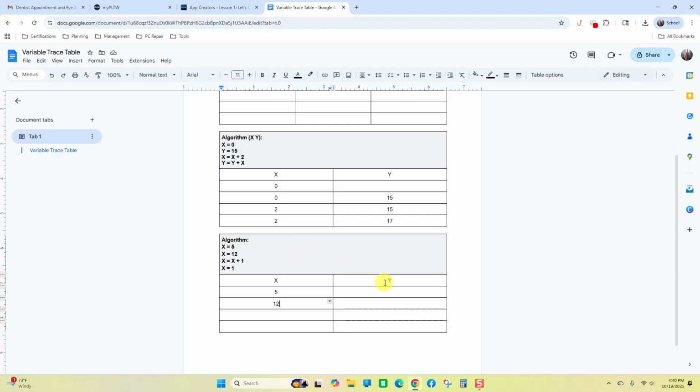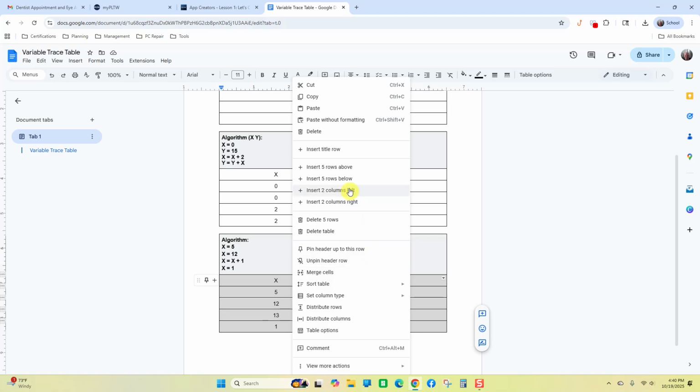All right, so as a matter of fact, we don't even see a Y here, okay? So now X equals X plus 1. So X is now 12 plus 1. That makes it 13. And then finally, X is 1, okay? So we don't even have to worry about that, okay? Because there is no mention of Y. As a matter of fact, we can only have one table,